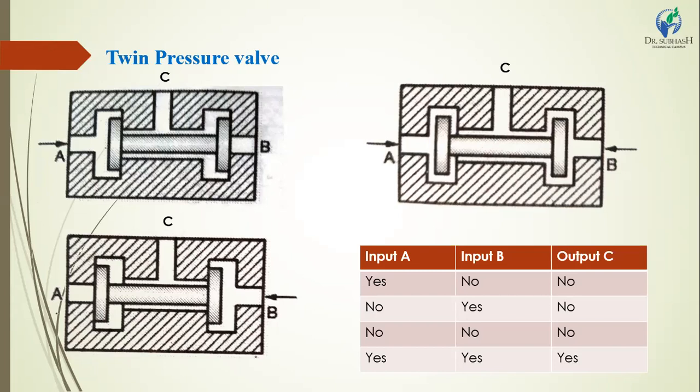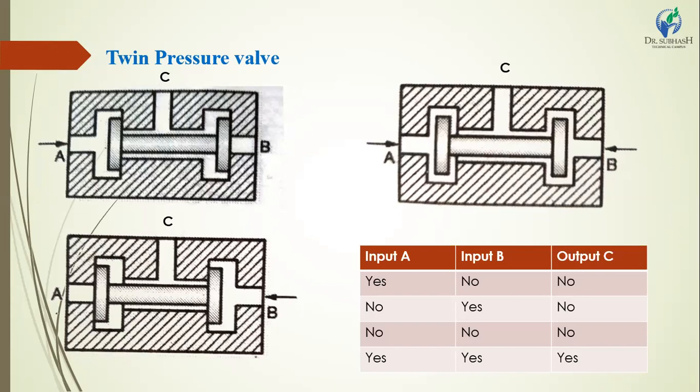This valve has AND logic. The AND logic function statement is: when both input signals are present, then only there will be an output signal. If one is closed, the secondary port is also closed. Means the AND logic function statement is when both input signals are present, then only there will be an output